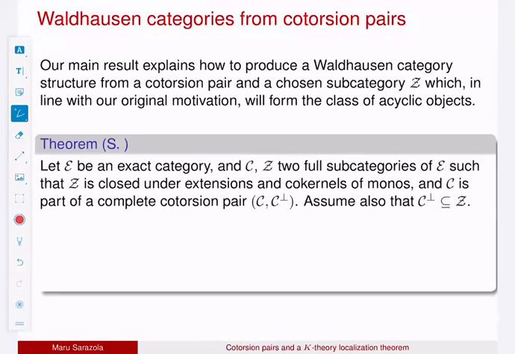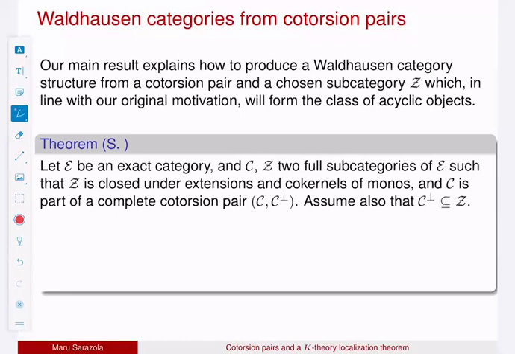If we have an exact category E and 2 subcategories C and Z of our exact category having the following properties. So we need Z, which is going to be the class of acyclics, to be closed under extensions. Remember, this was the property that if in a short exact sequence we have the 2 endpoints, then we have the middle point. And also closed under co-kernels of monomorphisms. This one tells us if we have a monomorphism between things in C and Z, then the co-kernel also has to live in Z. And now for conditions on C, we ask that it be a part of a complete